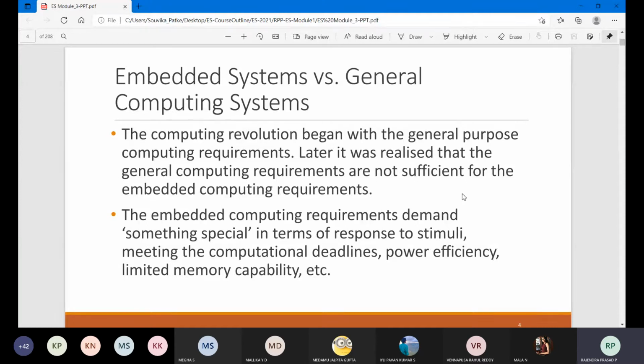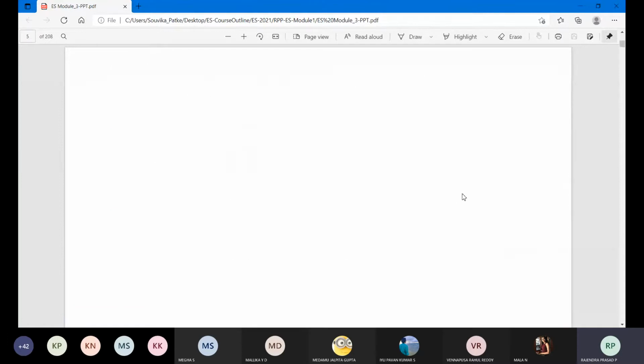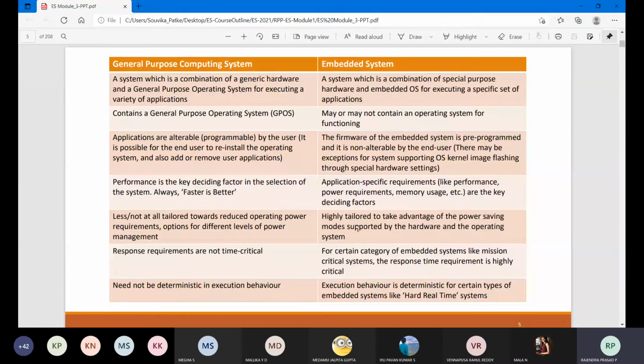Right. So these are a few examples when comparing an embedded system to a normal computing system. These are the differences you can find, for general purpose computing and an embedded system. This will be the generalized form, and here it will be the specific application form. That is the only difference you can find. Which is faster, which is slower, which requires memory, which doesn't require memory, what is highly efficient, whether this is good or that is good. All the differences have been displayed on the screen.